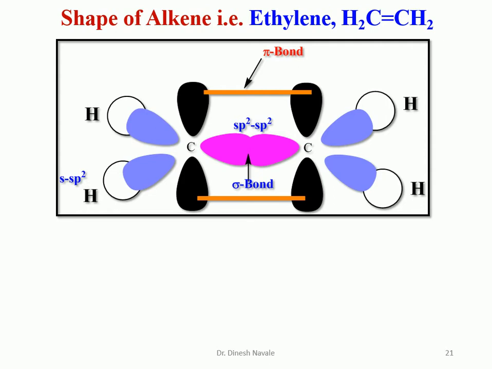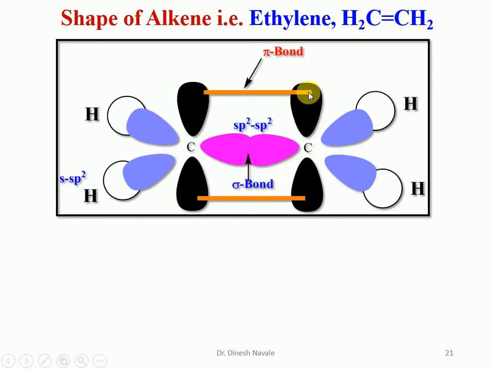During sp2 hybridization of the carbon atom, with ethylene as the representative example, the carbon-carbon sigma bond, shown here in pink color, will be formed by the sp2 hybridized orbital of one carbon atom and the sp2 hybridized orbital of the other carbon atom. So this is how the sigma bond will be formed. Whereas the carbon-carbon pi bond in the double bond will be formed by the unhybridized 2pz orbital of one carbon atom and the unhybridized 2pz orbital of the other carbon atom, shown here